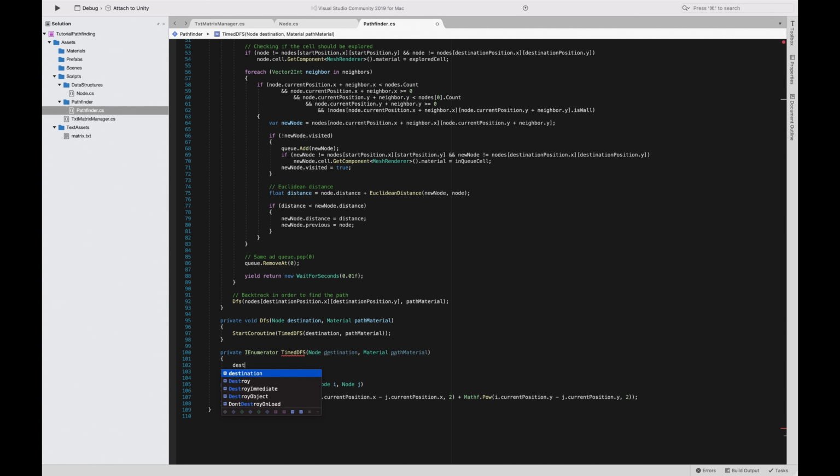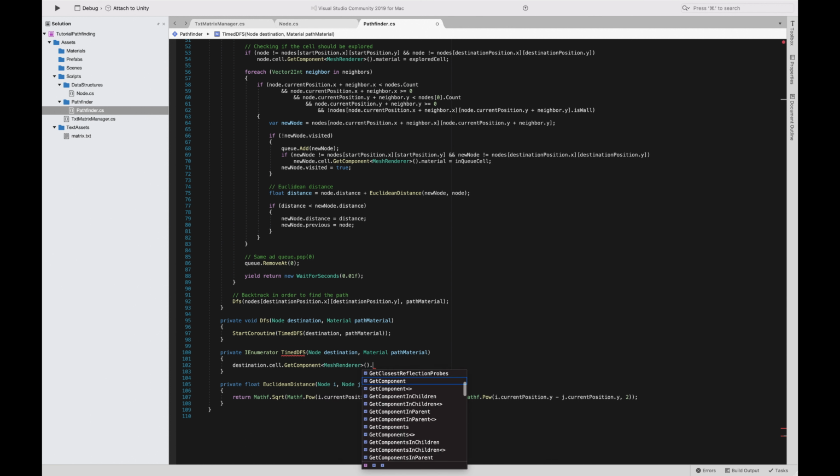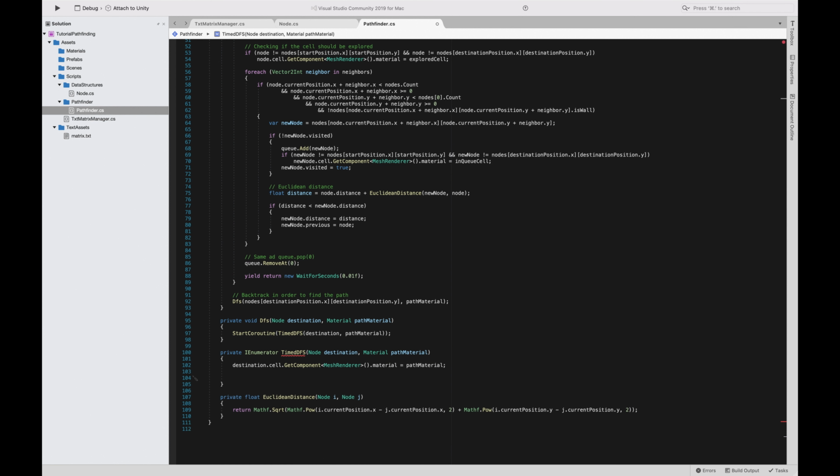So destination dot cell dot GetComponent MeshRenderer, and then material equals path material. Then we basically sleep, I'm going to say 0.01 again,